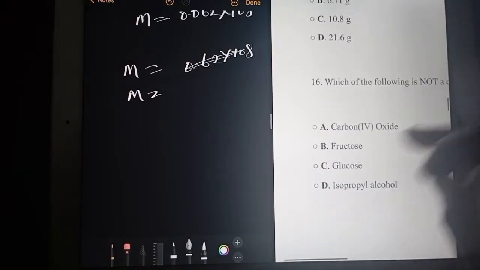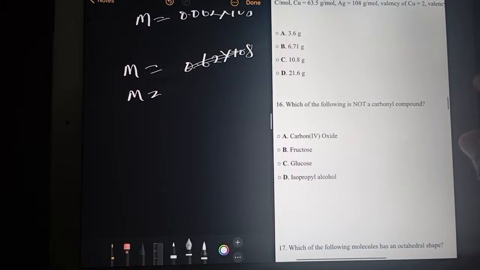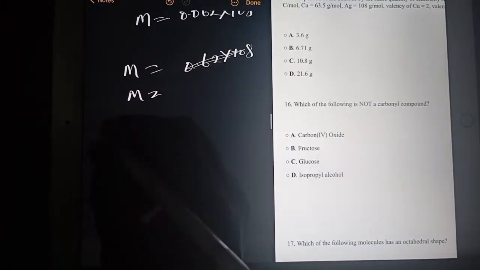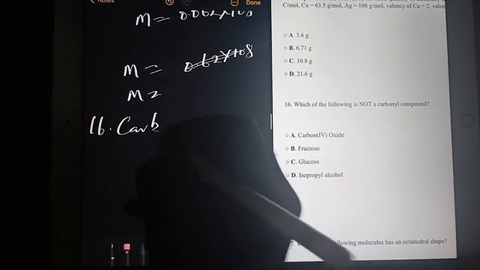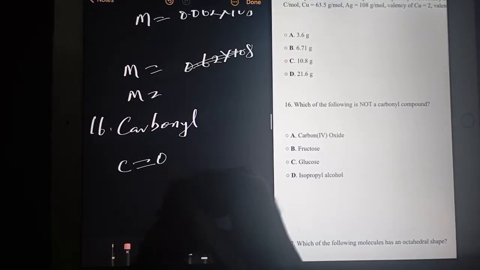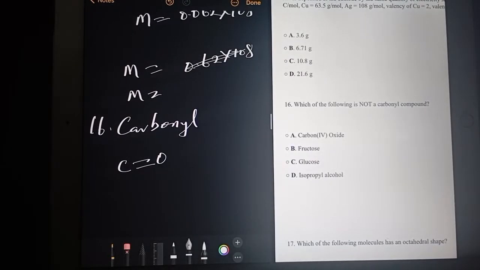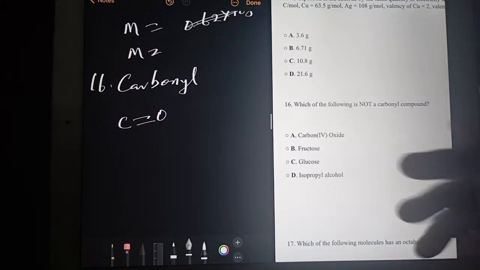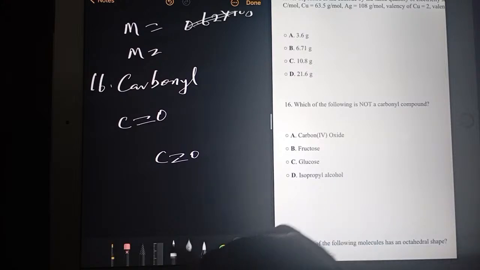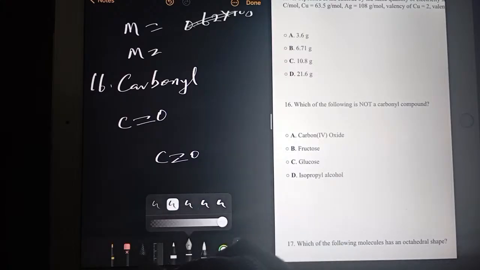Then number 16 says, which of the following is not a carbonyl compound? First of all, we are into question number 16, and the term there is carbonyl. What do you mean by carbonyl? A carbonyl compound is any compound that contains this as a group, C double bond O. Any compound that contains that is seen as a carbonyl compound. So, which means CO2 itself, structurally, look at what CO2 is. If you draw the structure of CO2, you will get